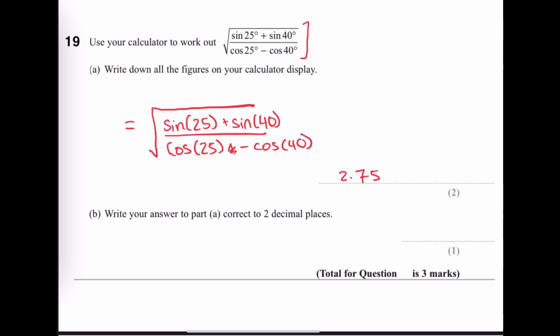And then you press equal, and you write down everything that comes. So it's 2.560397. Everything that comes. B. Write your answer to part A correct to 2 decimal places. So they only want it till here. So as we did before, we're going to see this value over here. Because it's more than 5, we are going to round up. So it'll be